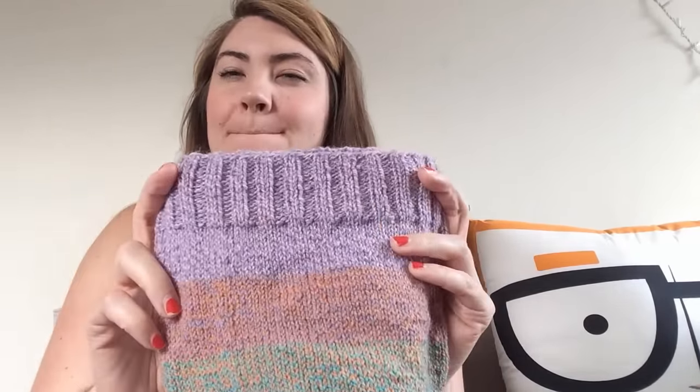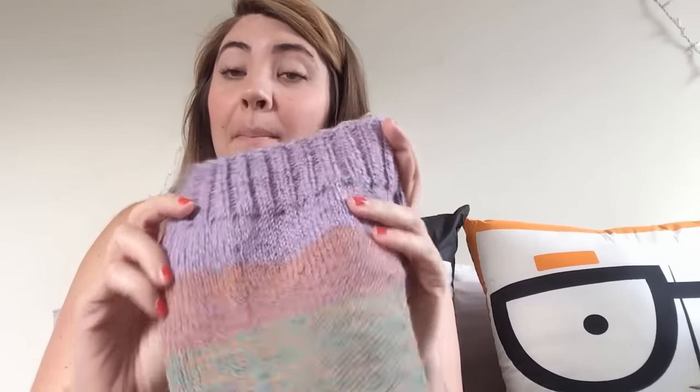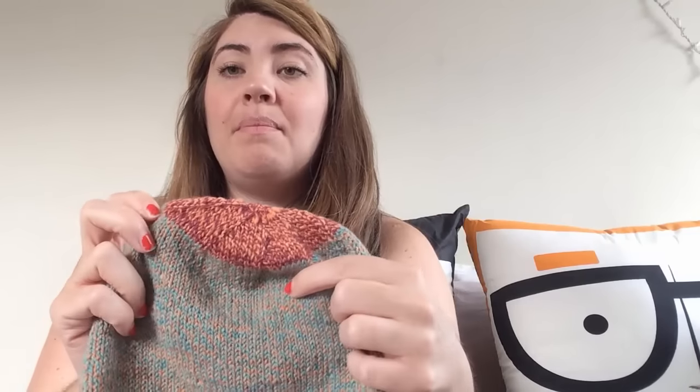I'll put it on. I start with a 2x2 rib. I cast on, I can't remember how much I cast on, but the kind of recipe pattern I used was a mix of my own and Rachel from the Woolen Spinning podcast. She came out with a really cool pattern. It's a hat pattern, a toque pattern that is